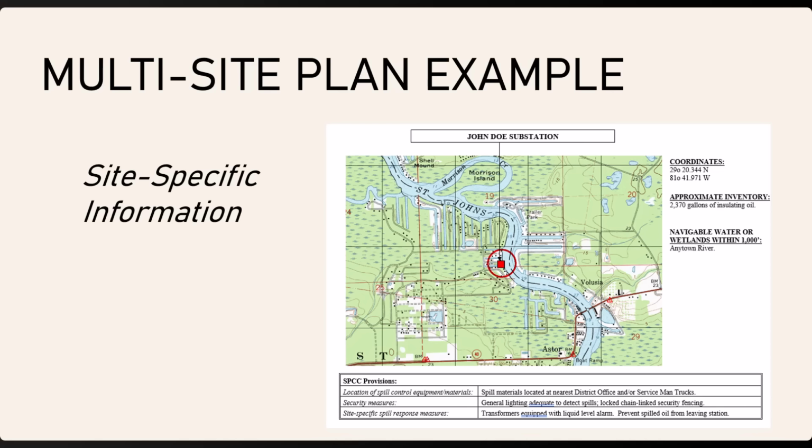At the bottom is a small table added where site-specific SPCC requirements are mentioned, such as the location of oil spill equipment, security measures, and site-specific spill prevention measures, such as sized secondary containment. For topics such as containment, the core plan can discuss the range of containment measures used, such as containment pits or diversion to on-site impoundments, and the site-specific information can identify which of these measures are established for this particular